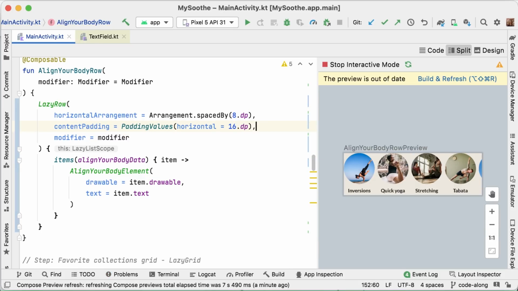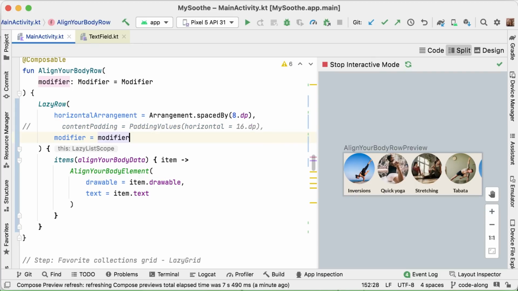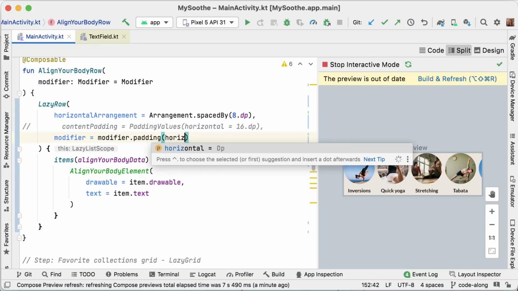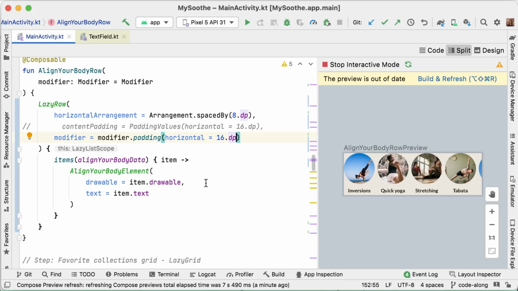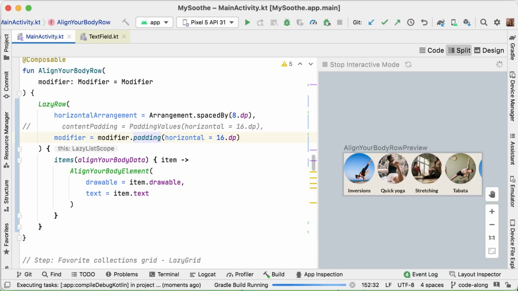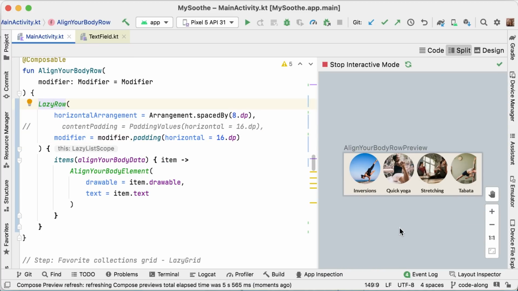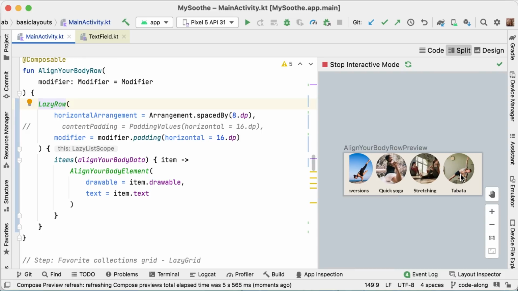Okay, that sounds really complex. So let's start by just trying out a normal padding and see how that behaves. Just want to make sure that we understand why this default padding wouldn't work. So if we render this lazy row and just set the padding, what's going to happen is that the lazy row itself will get that padding and not the content per se. And what that means for our preview is that, well, this looks correct at the beginning, but as you can see, at the end our content will actually be cut off. And once we start scrolling, at the beginning our content will also be cut off. So this padding is not what we want, even though it might seem so when you first use it.